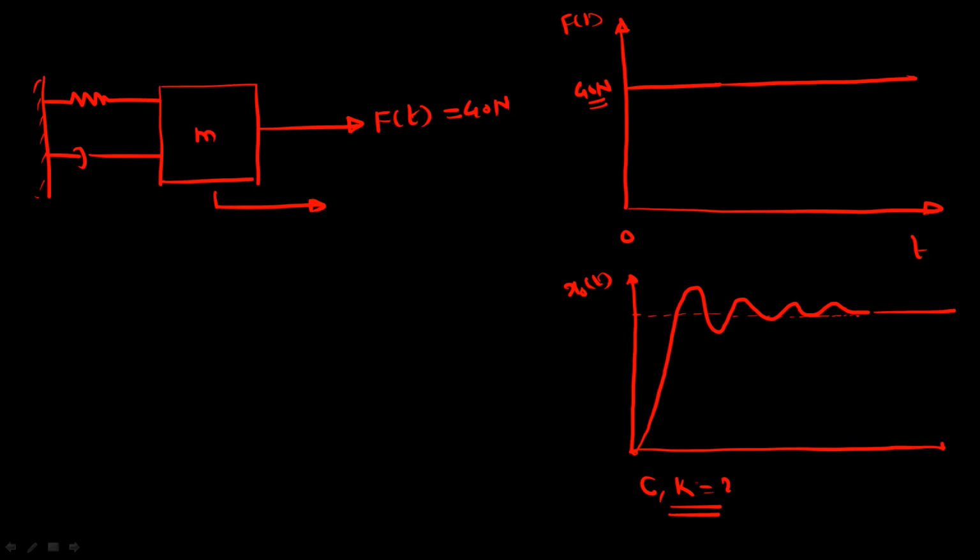Okay, so now we will perform the experiment, and from the experiment we will provide the 40 Newton force to the mass, and then we will observe the waveform, and from this waveform we will find out the parameters C and K. So to find out these parameters, we must have the standard equations. So the standard equations are,